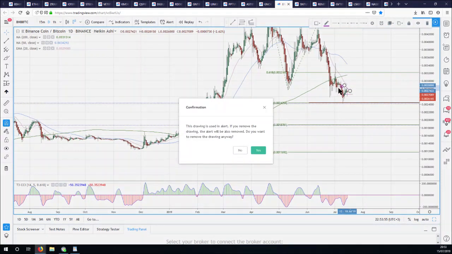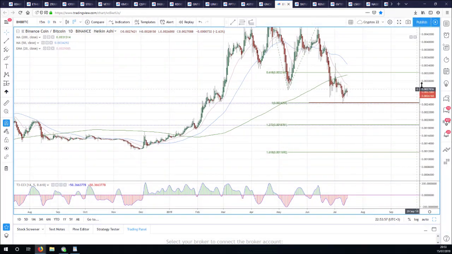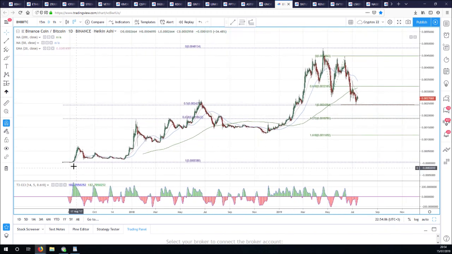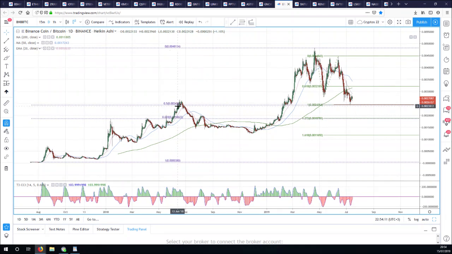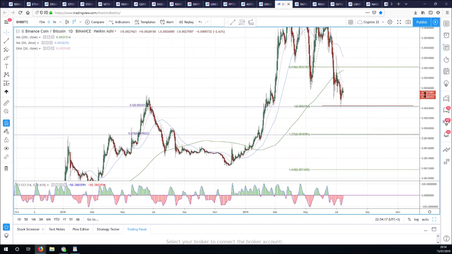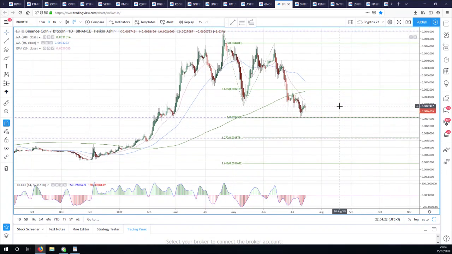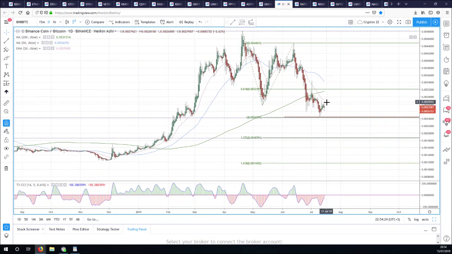We made a pretty nice ABC correction here. We've come back to 50% of the all-time lows to highs. So in Binance Coin Bitcoin, from this low to this high, this is exactly 50% back. It's a messy support and resistance level, and we've done an exact equal measured move. So this is a really good place for Binance Coin to start outperforming Bitcoin again, and so far it is. It's done really well. It's stabilized off the lows.